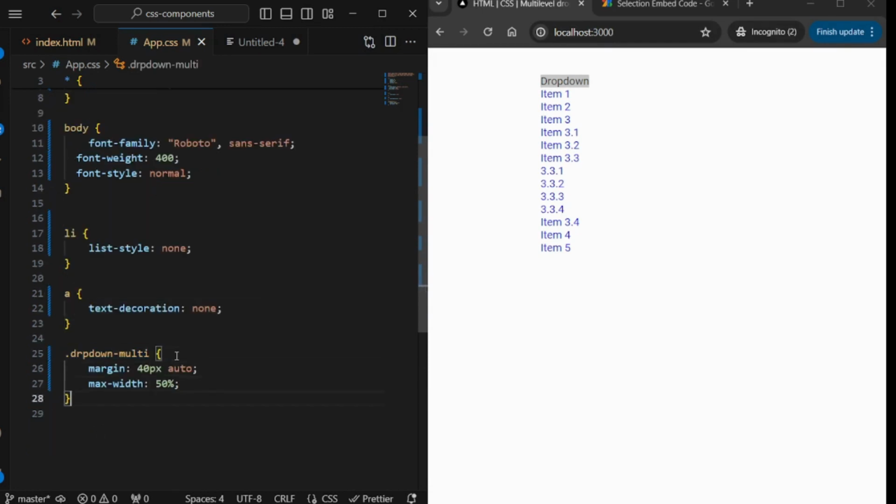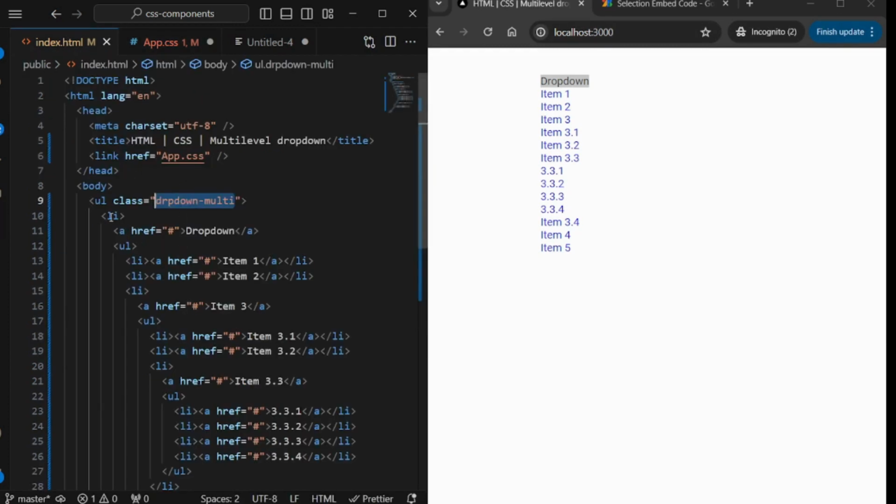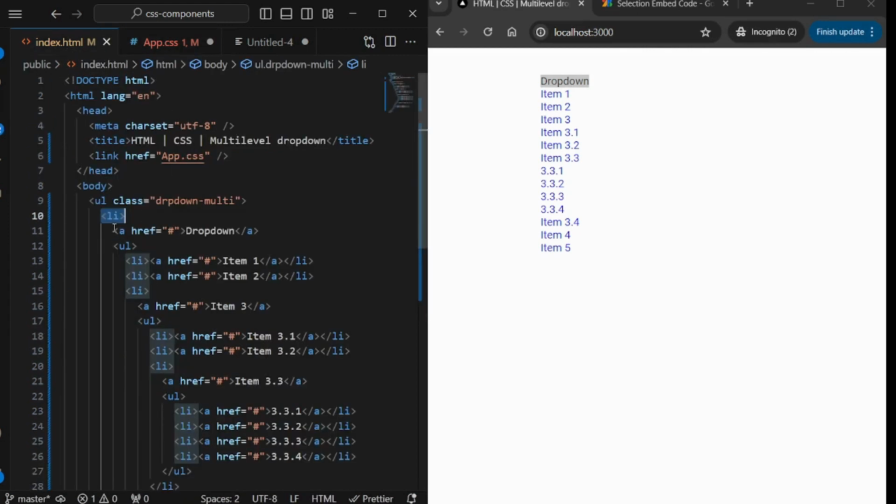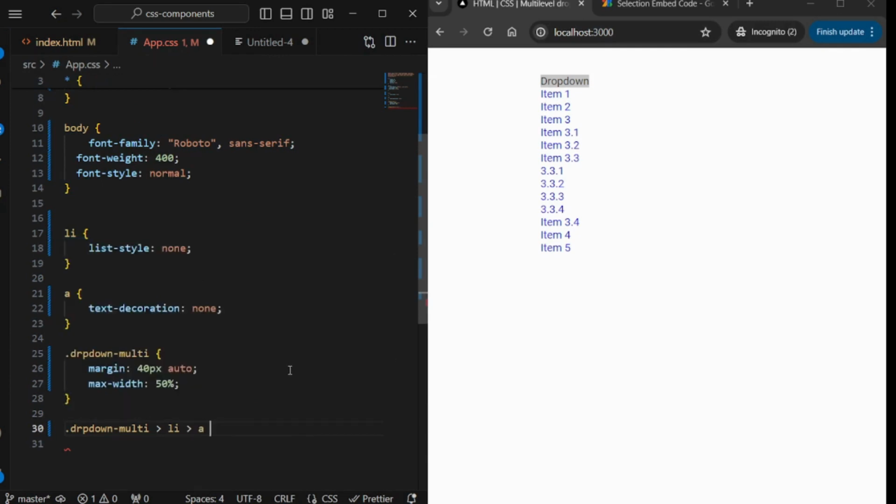Let's write the button first. For that we are going to use the same class name, and we are going to target the first element of this li inside this drop down. For that we are going to use the direct selector greater than symbol and then li, and then we are going to target this anchor alone for this drop down, right? So again we are going to target the anchor element,